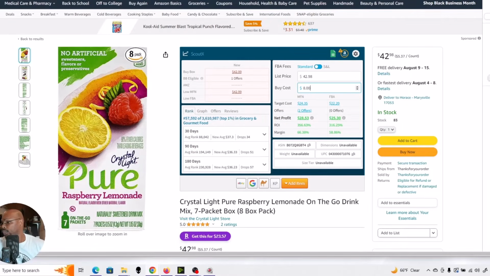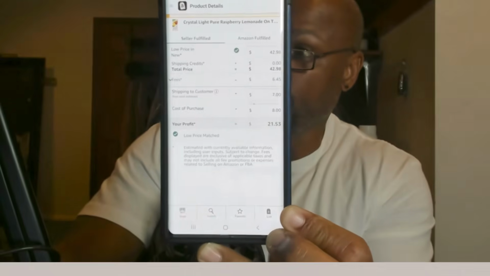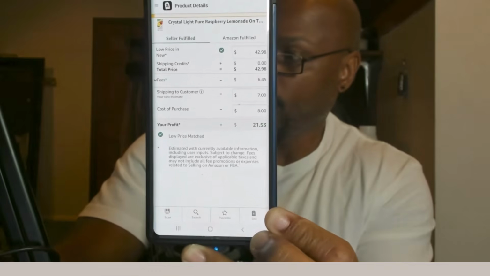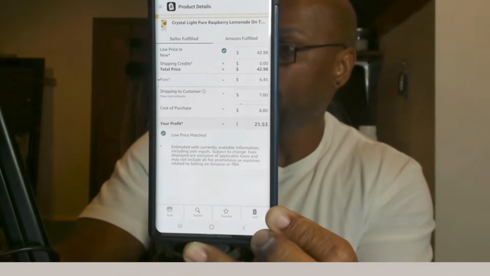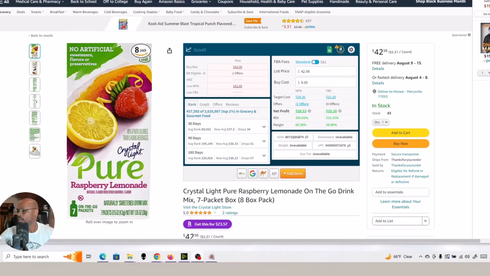And then obviously you could also use the app right in your phone. And you can see I'm toggled on the seller fulfilled, but that'll give you an estimate, because you might be in a store or whatever, and you may just prefer to use the app because it's right there. It's handy. Now there is a plethora of little widgets, extensions that can help you calculate all sorts of things. There's a lot of information that you can get with these.